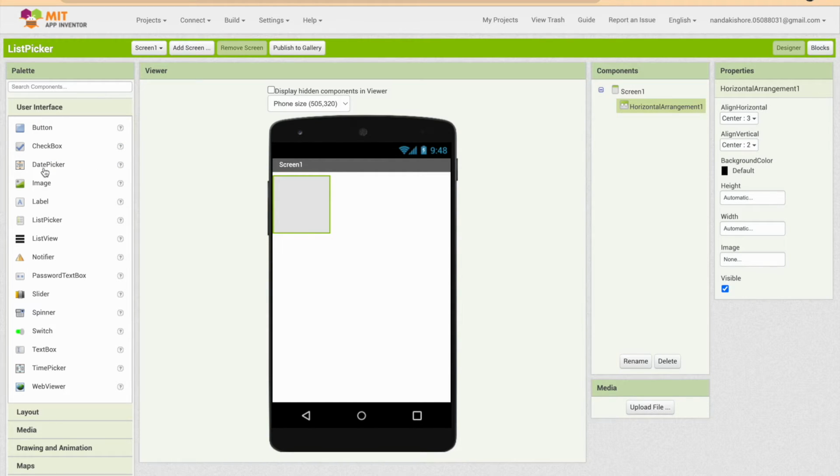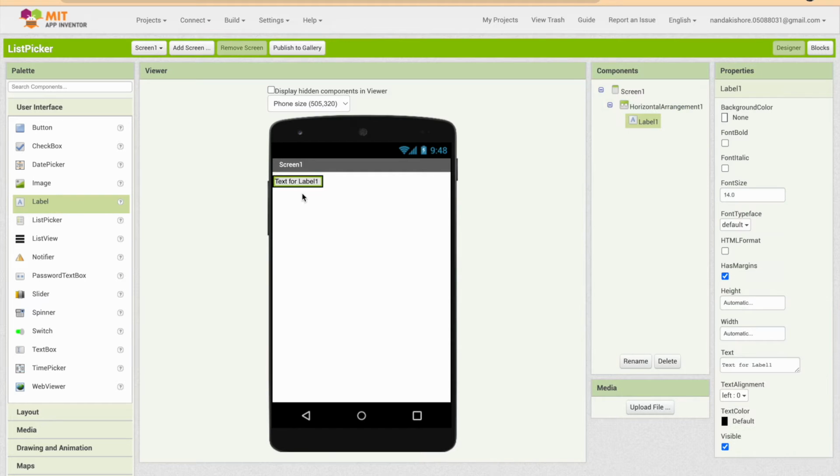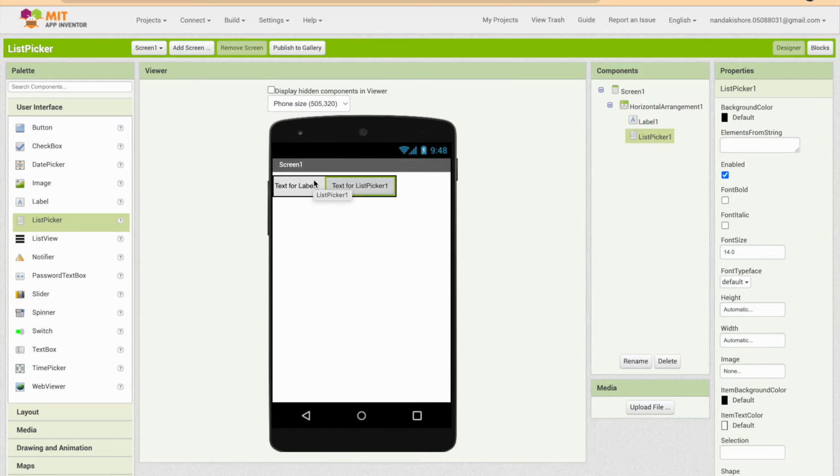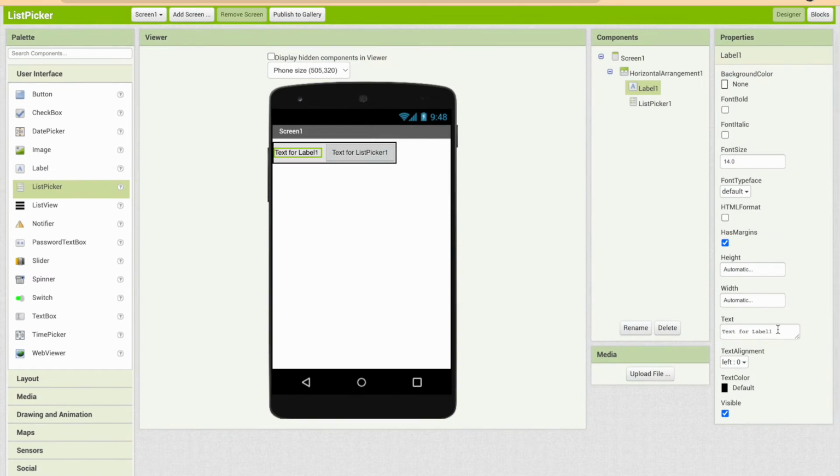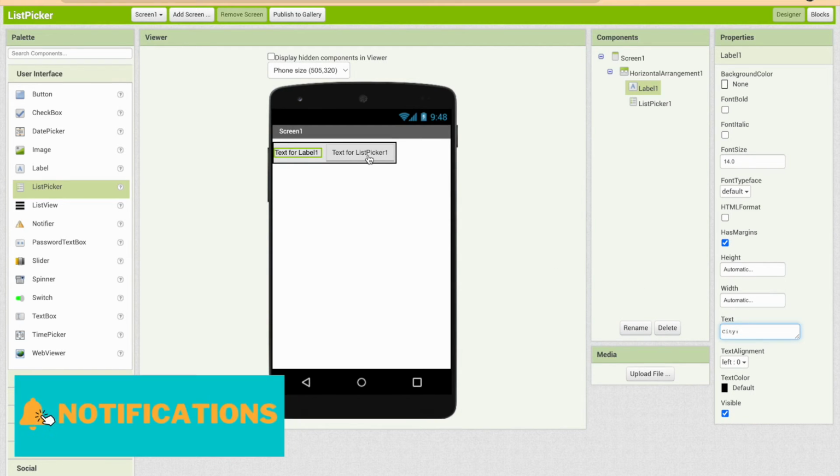Actually before that, let's add a label. All right, click here, put it over here, and then let's also add list picker. So try to drag it over here. Right, now we can see both. So let's change the name. Click over here, change the text to say city, and just put a colon and then a space, and then click on